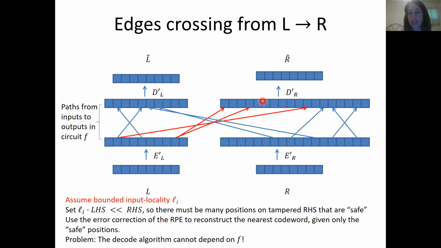And now we can represent decode of the tampered code word as a split state function that depends only on R. The problem with this approach is that the decode function cannot adaptively depend on a tampering function. So we need to construct a single non-malleable code or non-malleable reduction E prime D prime that works for every tampering function. We can't first fix the tampering function and then choose a D prime that works for that tampering function. So this doesn't quite work.